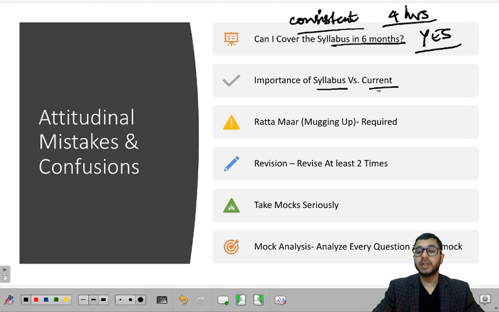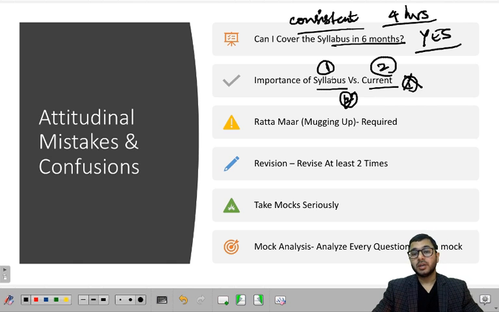Importance of syllabus versus current. As I said, cover the syllabus first, then go to current. Don't go to current first and cover the syllabus then. This is a wrong approach. Cover the syllabus first. In UPSC also, me and many other students make the same mistake. Rather than covering the syllabus first, we move to the current part, just because people keep telling us, institutes keep telling us that current is important, just because they know that current is so difficult and unending, so you will have to rely on them. But you don't need that. You need to first of all cover the syllabus, be very thorough with what exactly RBI is demanding from you, and then you move towards current affairs.